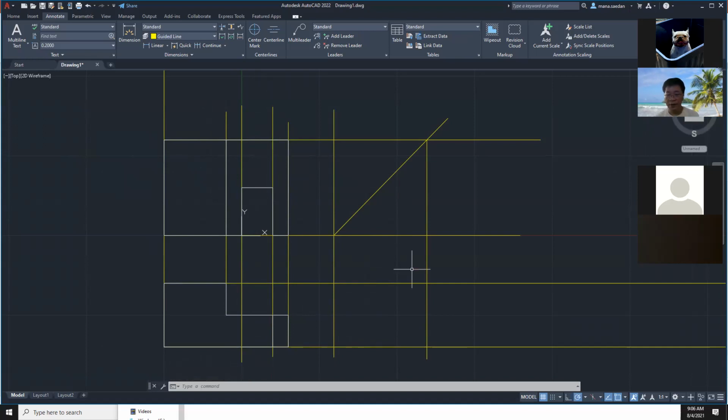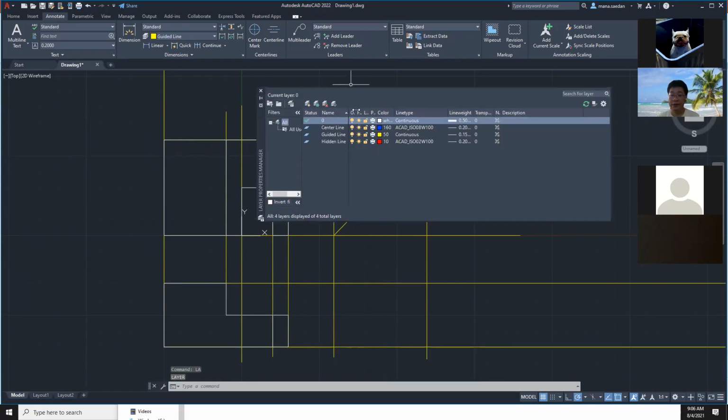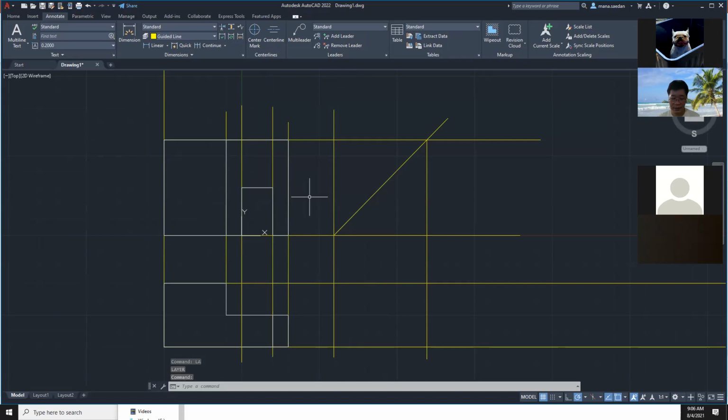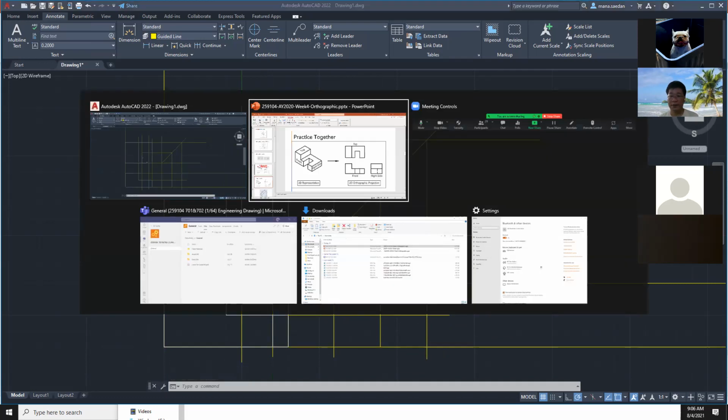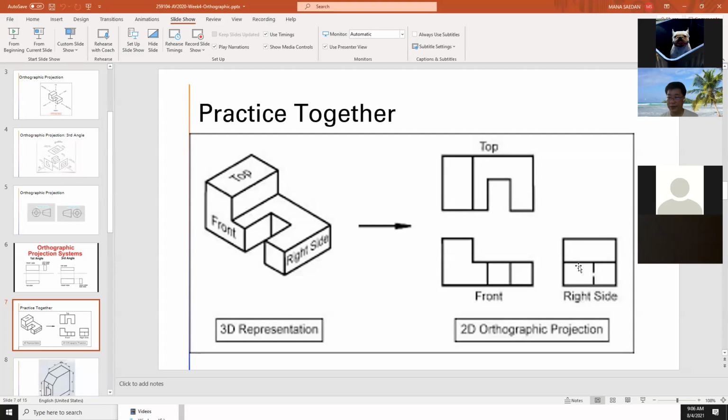Okay, for the right side, we just need the projection from the top and the front. Okay, the projection from here, the projection from here go to there and then going down. Okay, the projection from here go to there. Okay, all right, and then the right side view looks like this. First is the square round, and that